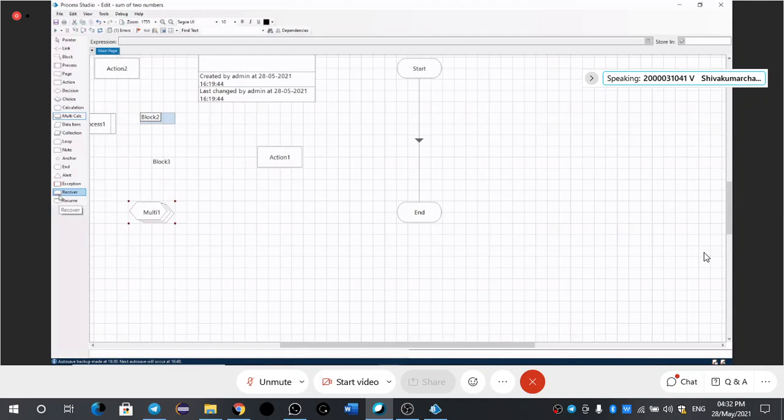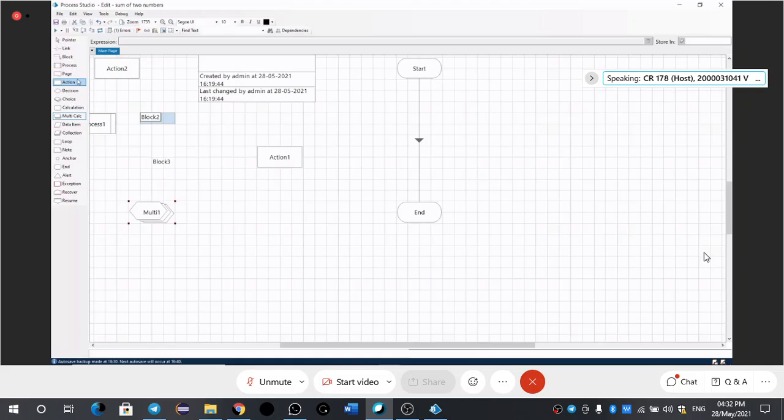Okay, by using actions, whatever business logic you write, business logic means the idea that you are going to use to develop the bot. That is your idea that is to be implemented in the bot. Next, page.